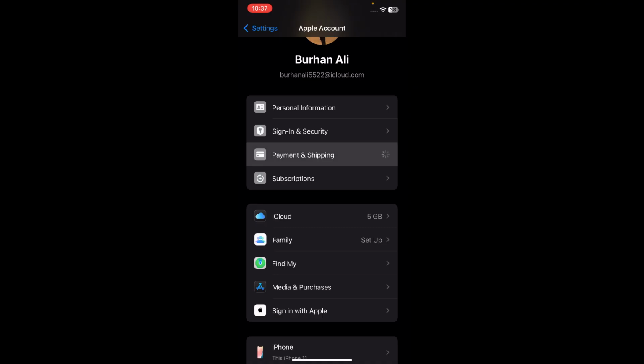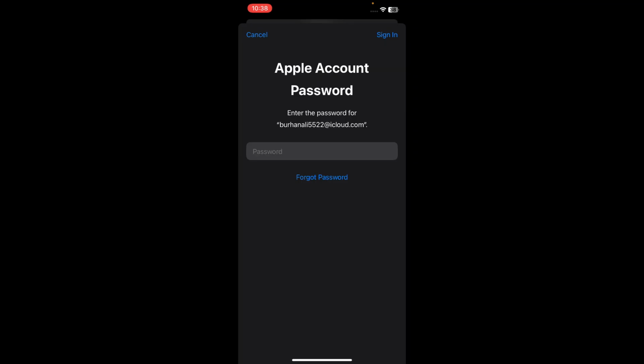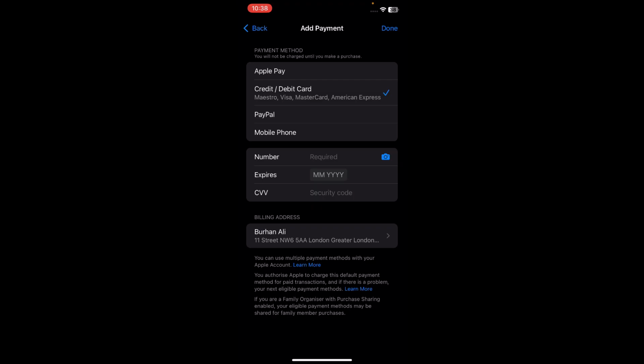Payment and Shipping section. Tap on that, wait for a second, and type the password of your Apple account. Tap on it and wait for a second after entering the password, and you will go to the interface. Here you may face the problem that your payment method is declined and you have to add a new